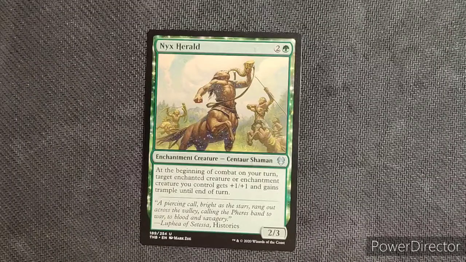The effect only lasts until end of turn, which means once the turn ends, that effect is gone. The creature no longer gets that +1/+1 and trample, and it can only affect enchantment and enchanted creatures. So it can't affect any type of creature, only enchantment creatures or creatures that are enchanted with an enchantment aura or something like that. But this is why Nyx Herald is my number 2 pick of the mono green